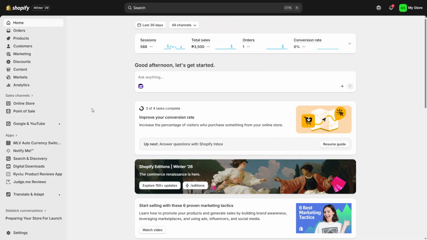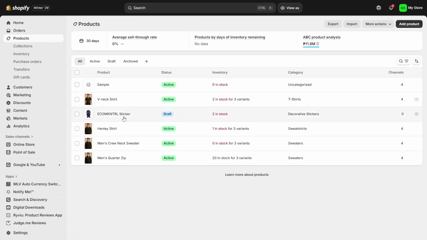First, log into your Shopify admin dashboard. On the left-hand side, look for the products section and click it. You'll see a list of all your products. Choose the specific product you want to add a custom badge to and open that product so you're in the